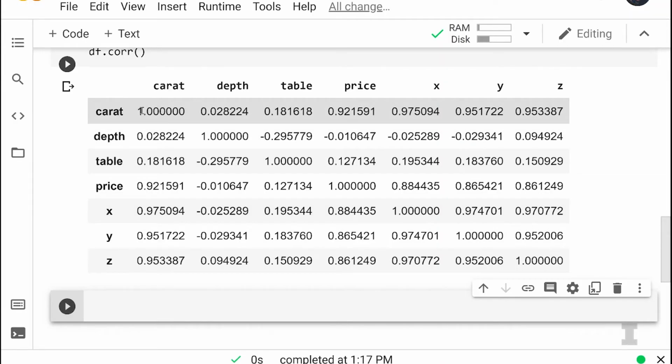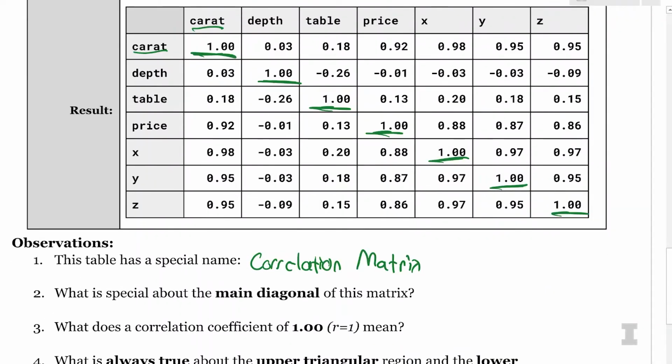Why would that happen, Carly? Yeah, so it looks like if I'm just looking at the first one in the upper left-hand corner, that's the correlation between carat and carat. So basically the values and itself. So that makes sense that it would be a perfect correlation, because if we know the carat, we know the carat. So it's saying, can we predict the price of the diamond by being given the price of the diamond? Yep, we can. If I told Carly this diamond was $24,000, she could tell you the diamond was $24,000, and that'd be a perfect match. So the main diagonal of the matrix is always a self-correlation and is always 1.0.